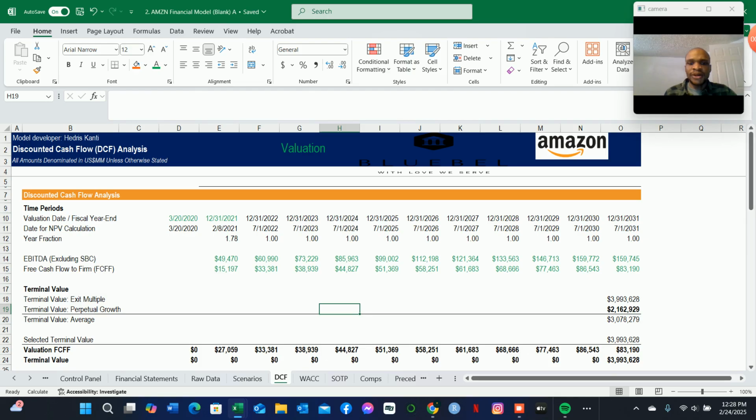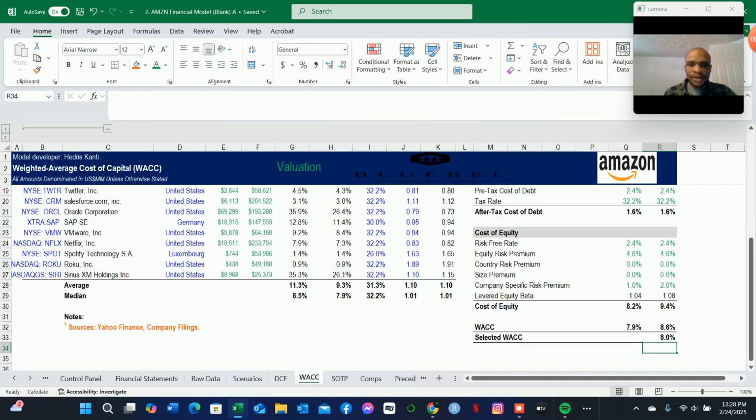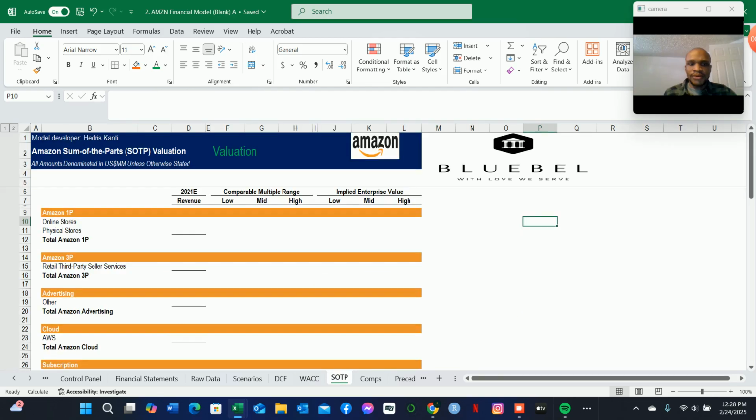So it's very important for the sum of the parts analysis. We can switch to this tab here where we have the sum of the parts analysis. So essentially what we're going to be doing here is bringing in very important metrics. So as we said before, the sum of the parts analysis will bring in our metrics from the comparable